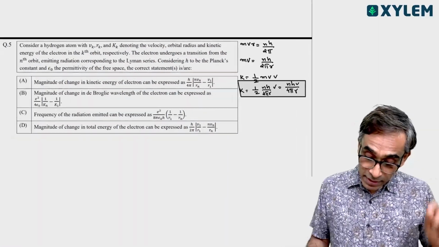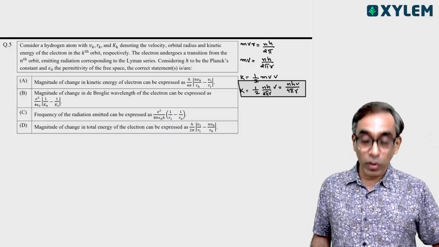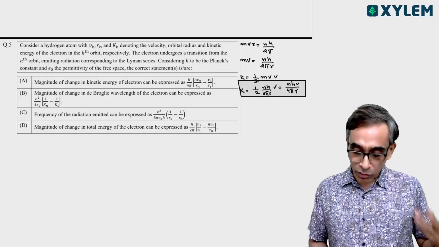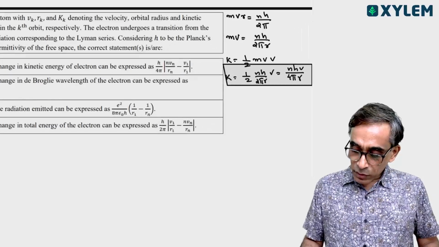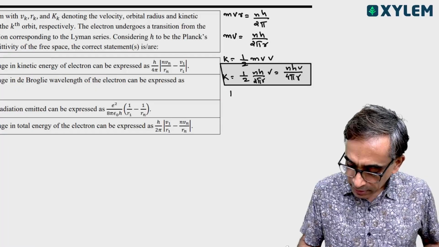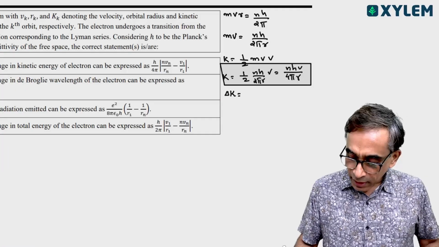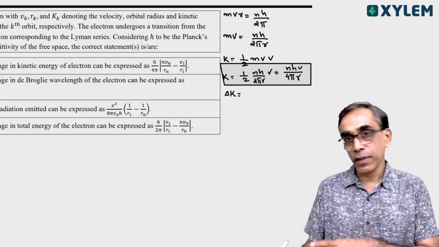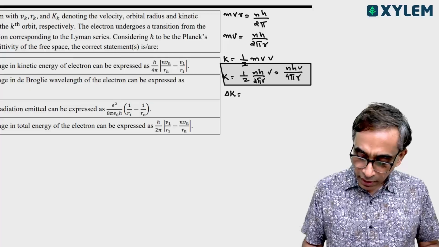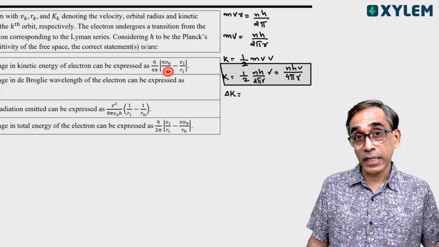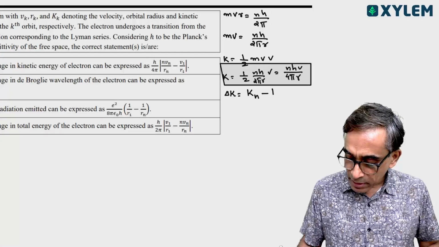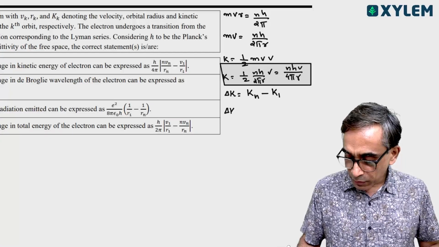Now this is coming from the nth orbit to the ground orbit. Of course, in the nth orbit the kinetic energy will be less, and in the ground orbit it will be more. So if you take the change in kinetic energy, delta K, I can take initial minus final or final minus initial. Normally we do final minus initial, but here the option does not look like that. This n is the nth orbit, which is initial, and this 1 is the ground. So I'm taking K in the nth orbit minus K in the first orbit. That will give delta K equal to